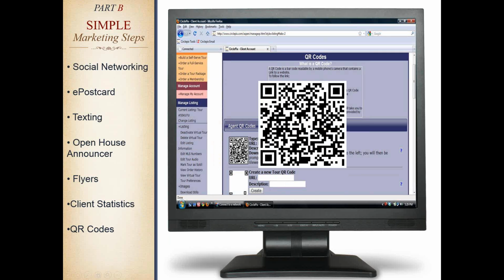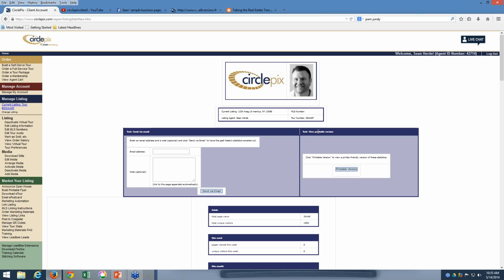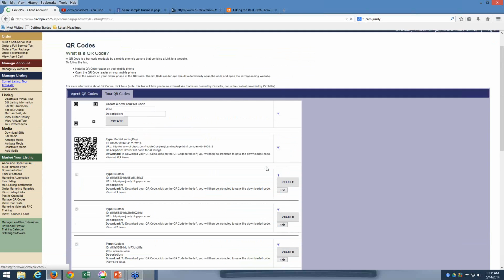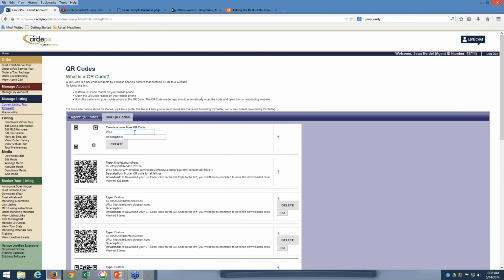QR codes. These are another tool that you could use in your accounts. Like I said, we will use these automatically on your behalf. But if you would like to print these yourself, let me just show you where you can do that in your account. Right here, manage QR codes. If you'd like to interact with these and print these, click on that, manage QR codes, and then you could create your own. Let's say that you had your own website,